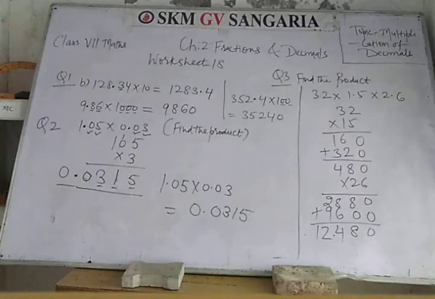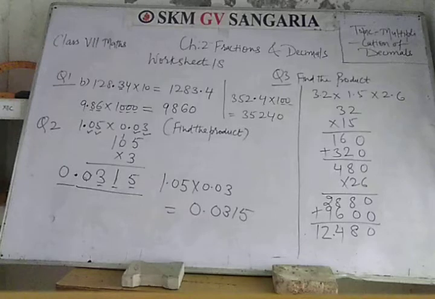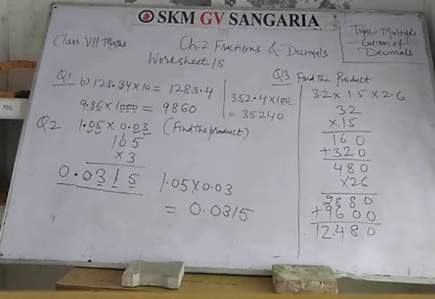We then put the decimal point there. The number of digits to be counted is obtained by adding the number of digits to the right of the decimal point in the decimal numbers that are being multiplied. So,